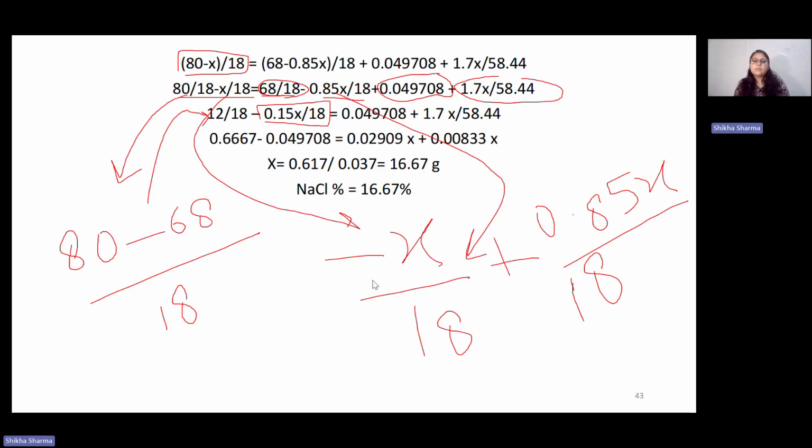So it would be minus 1 plus 0.85, which is minus 0.15 x divided by 18 equals to, this is kept same, which is 0.049708 plus 1.7 x divided by 58.44. Now 12 divided by 18 is 0.6667 minus this term, which is 0.049708 equals to